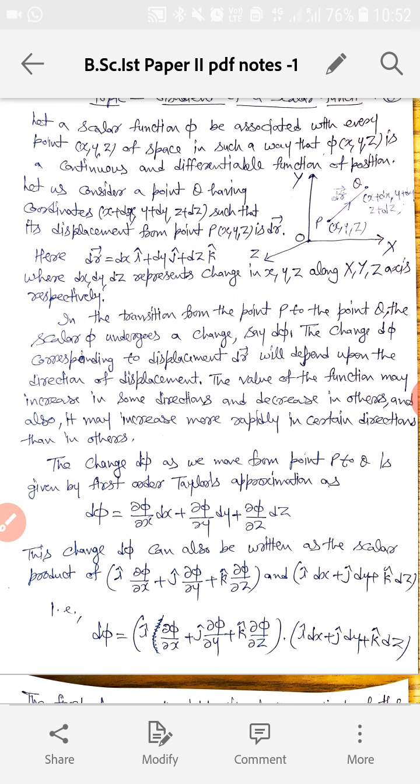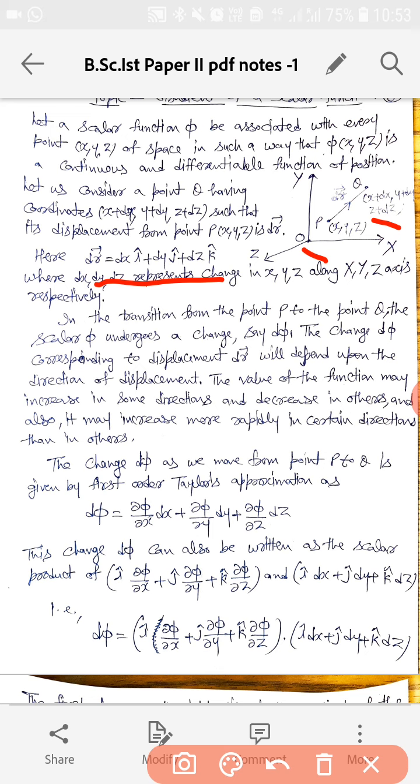So let us consider a point Q in this coordinate system. You have seen we have considered a point Q having coordinates x plus dx, y plus dy, and z plus dz, such that its displacement from the point P, whose coordinates are x, y, z, is dr, so that this dr vector will become dx i cap, dy j cap, and dz k cap,